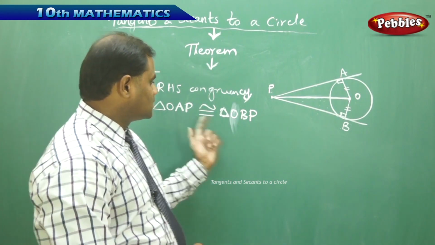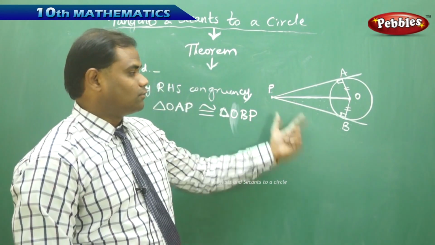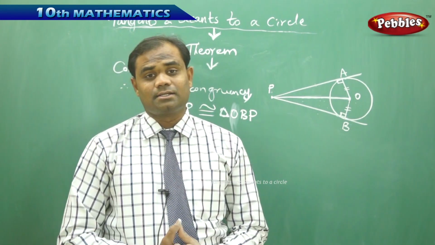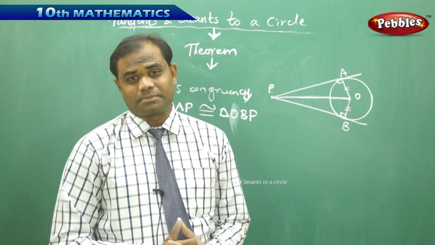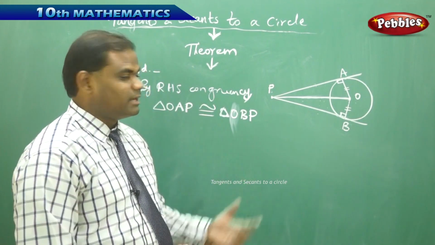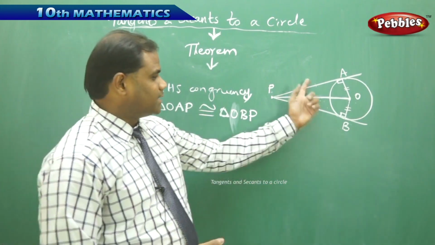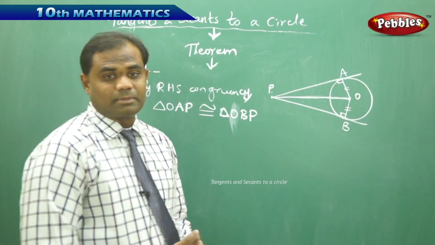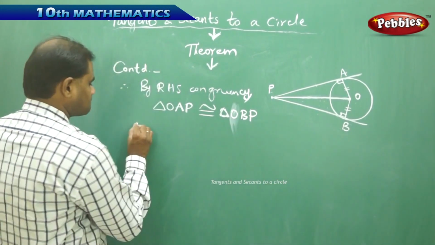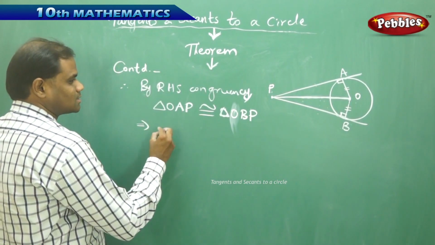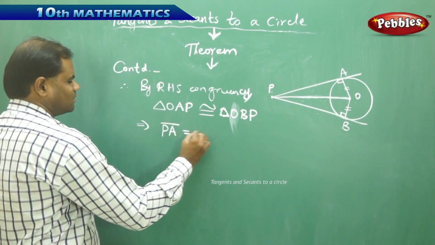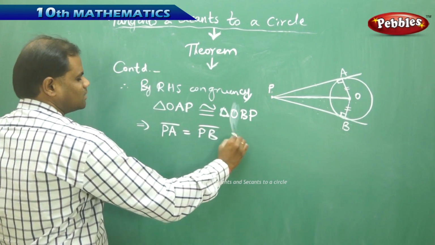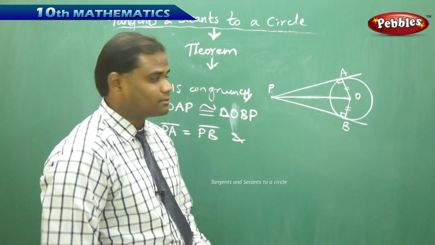Now, since the two triangles are congruent, their angles and sides must be equal in all respects. All the sides and all the angles must be equal in their respective manner. Therefore, the congruency gives us PA is equal to PB, and not only that,